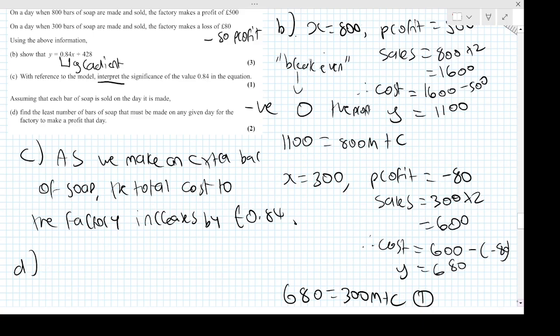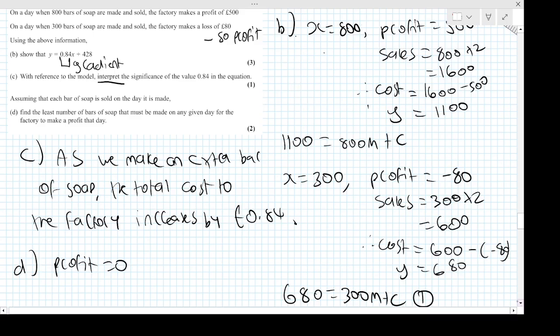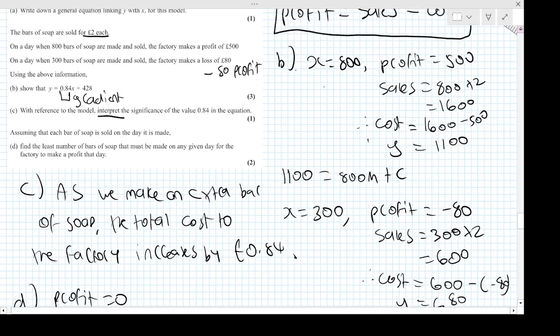It wants the day for the factory to make a profit, that's when it starts to make zero profit, or it goes up from there. So the point where it starts to make a profit is when the profit is zero. Okay, and again we can call that the break-even point if you want to be fancy. But the profit then needs to be zero when it starts to turn a profit. Okay. So the profit is zero, but then if we relate to